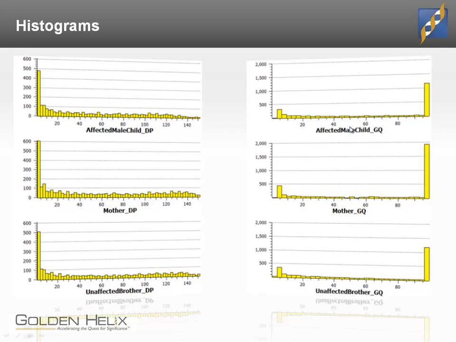analysis. Similarly, genotype quality takes into account not just read depth, but other types of information from the alignment, such as the uniqueness of the reads being aligned to that region, as well as the base pair quality from the actual Illumina machine. In this case, you can see quite a few variants in all individuals are extremely high quality, and then there's a couple that are in the low quality region. So again, we're going to do a filter where we essentially drop genotypes that we find too low quality to